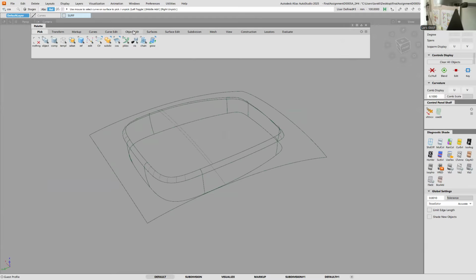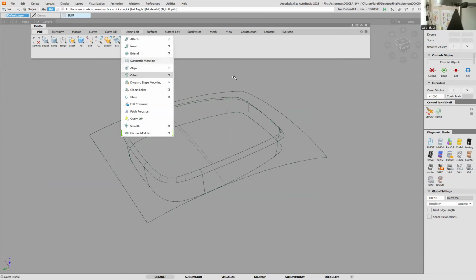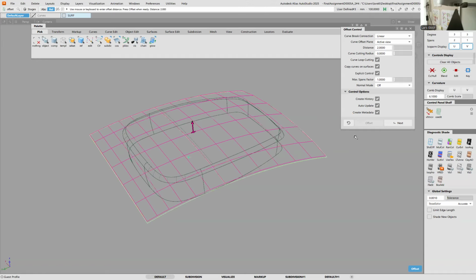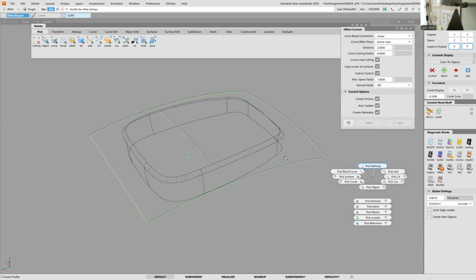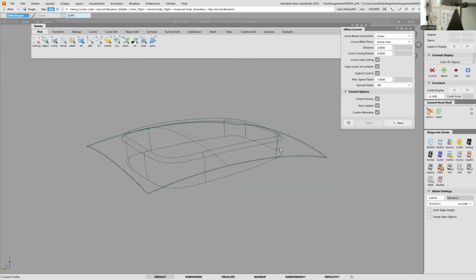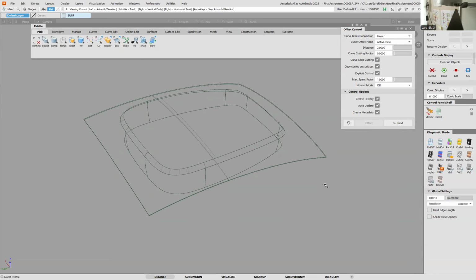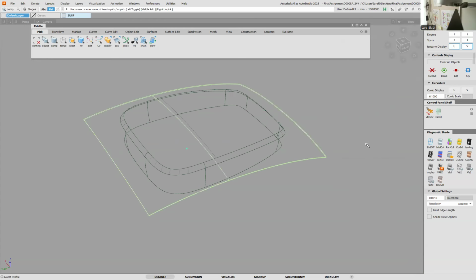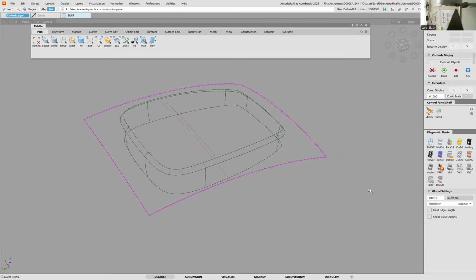So we once again click offset and go 2 millimeters. Click on the surface, switch the arrow and go offset. And now I have my two surfaces defining the gap. So I want to intersect those by picking those two surfaces and then go intersect and then selecting all of the other surfaces. And now you can see, let's hide those again